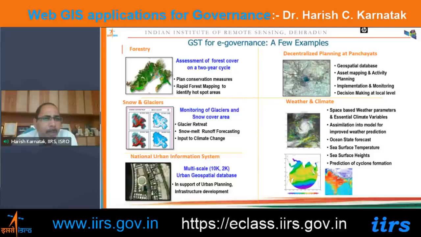If you take an example of the AMRUT program, which is a very popular and important flagship program of the Government of India, under which many development activities are going on in different cities, they prepare the geospatial maps or data by using high resolution satellite imageries, and then these maps are available to the users through the geoportal application.